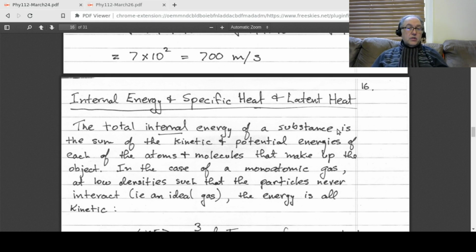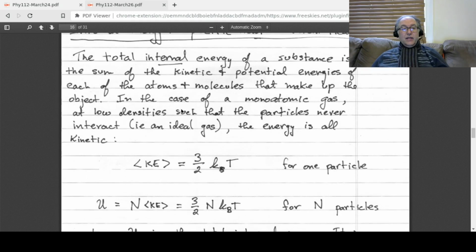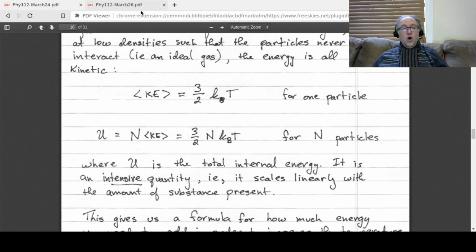And so all materials, just by the mere fact that they're at some temperature, have a certain amount of internal energy. Now, the internal energy of a gas is easy to calculate because if you know the energy for just one particle is 3/2 k_B T, and you have n particles, then the total internal energy, which we'll use the symbol U for, is just the average kinetic energy multiplied by n. So the total energy of the system will be 3/2 n k_B T